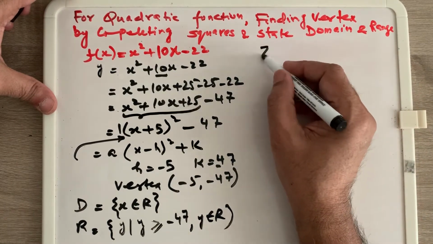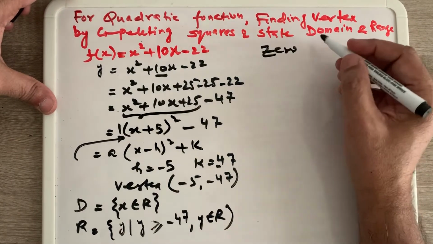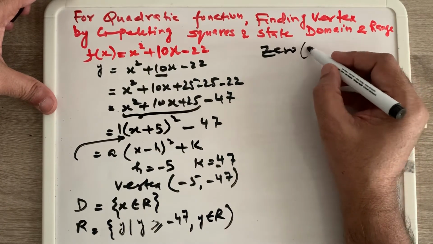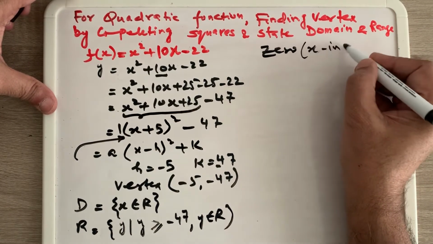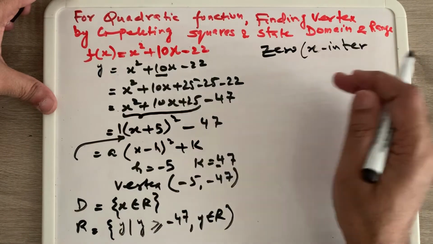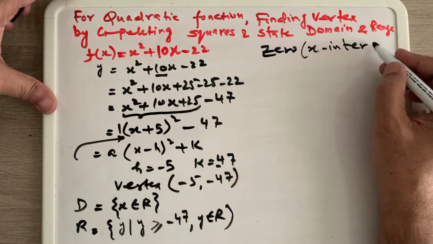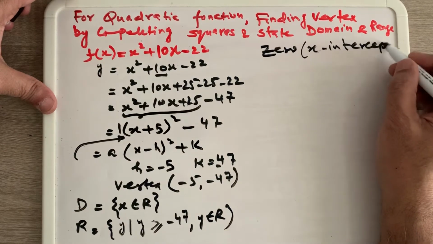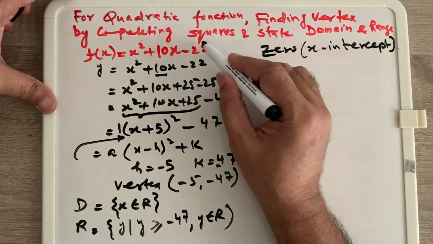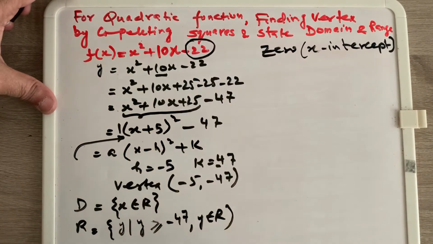Zeros. To draw the parabola, we have to find out zeros. The other name for the zeros is x-intercept, actually, right? So to draw this function, we have to find out zeros or x-intercepts, right? Y-intercept is easy. We know that in a quadratic function, this value is my y-intercept. So if somebody asks you what the y-intercept of this quadratic function is, that is minus